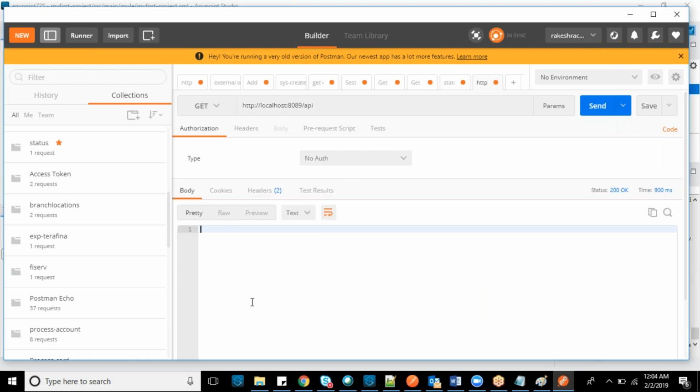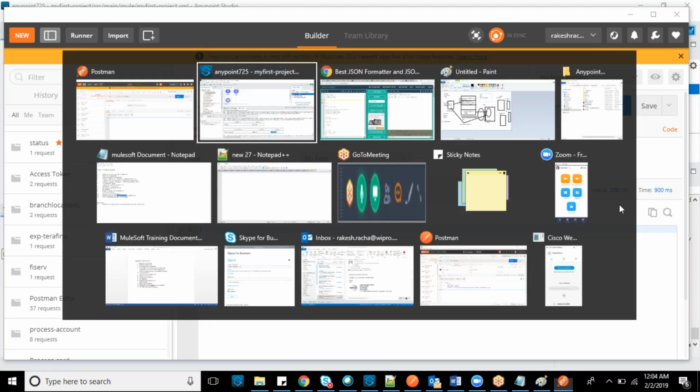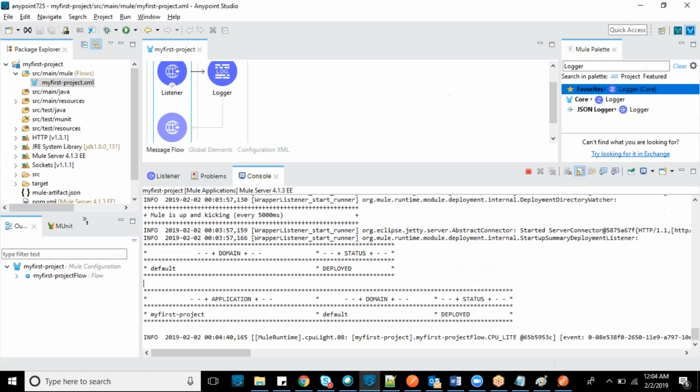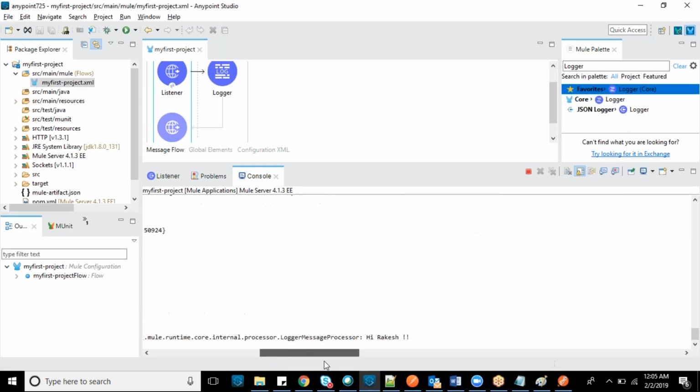I got nothing since I did not return anything, but I got a success status 200. You can see, right? We'll see in the logger whether the log got printed or not. This is the log info we got printed after deployment. Since we hit one service, we got Hi Rakesh. So this is an example of printing a logger.